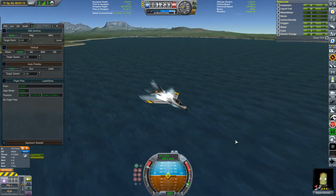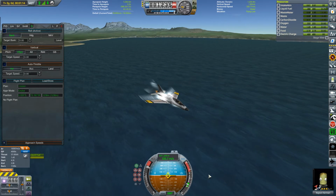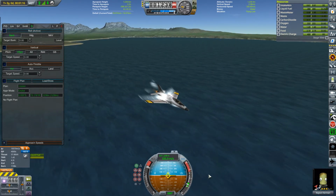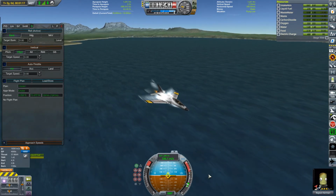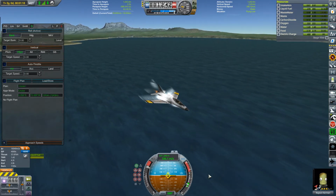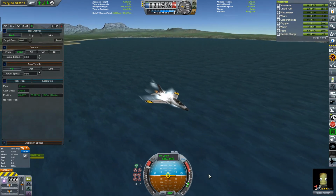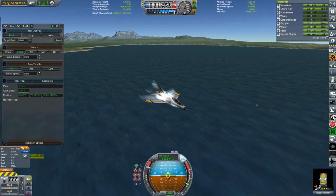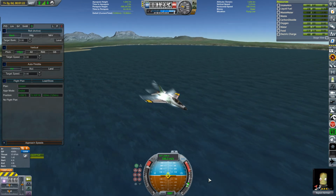Yeah, not fantastic. Considering it's got reheat, it's supposed to be a much more powerful engine. The TWR wasn't fantastic, even with full reheat on in the aircraft hangar on it. Engineer Redux. Not fantastic at all. I'm not impressed at all. We're well under 1500 meters in altitude, and we're still